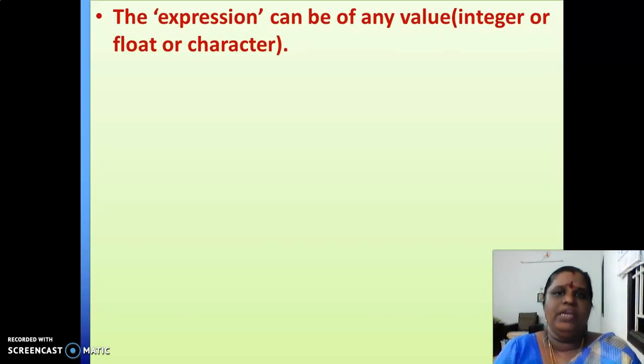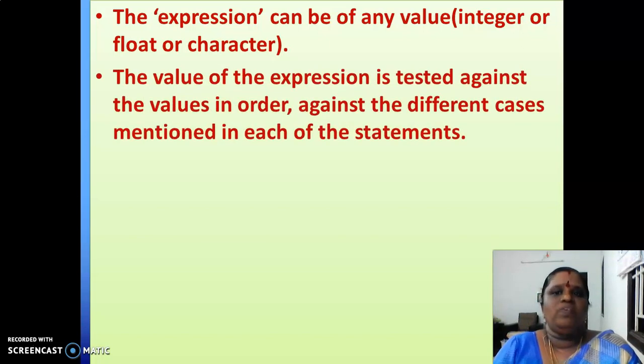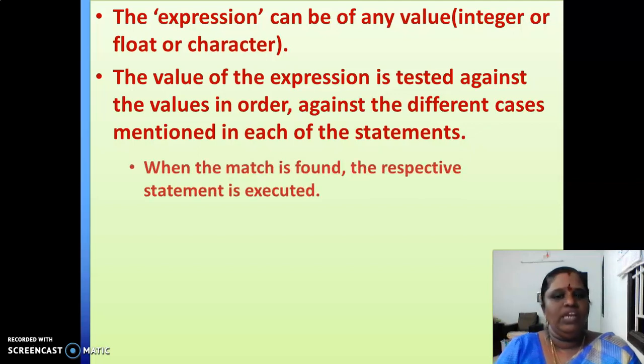The expression can be an integer, a float or a character. It cannot be anything other than this. The value of the expression is tested in order against the different cases mentioned in each of the statements.